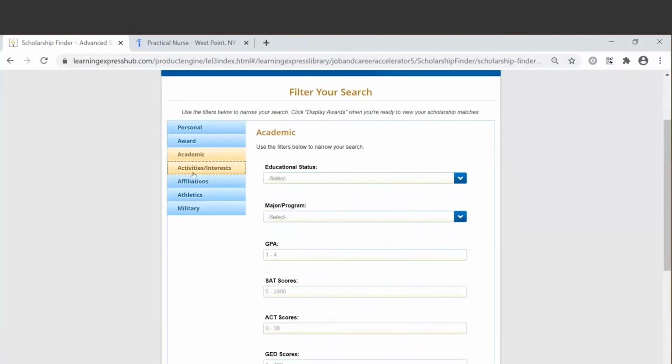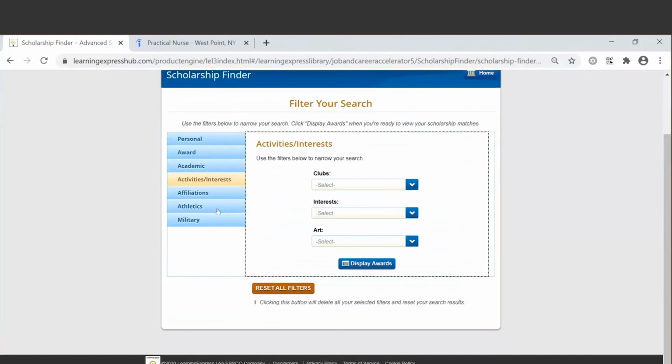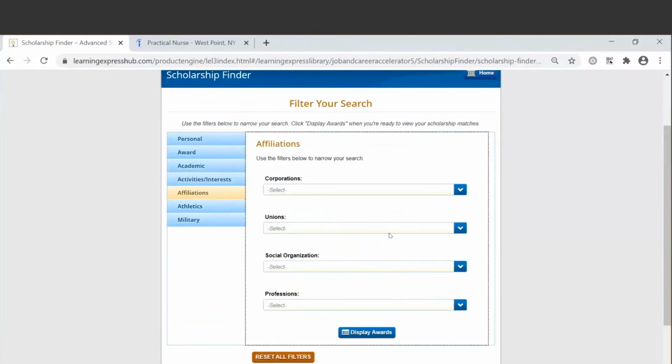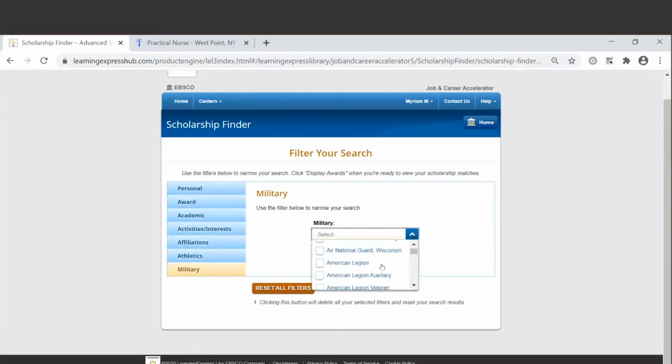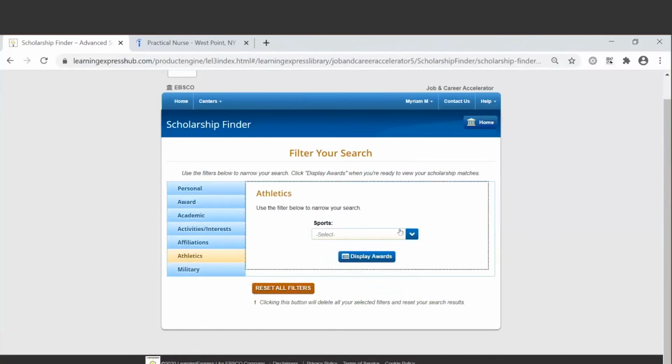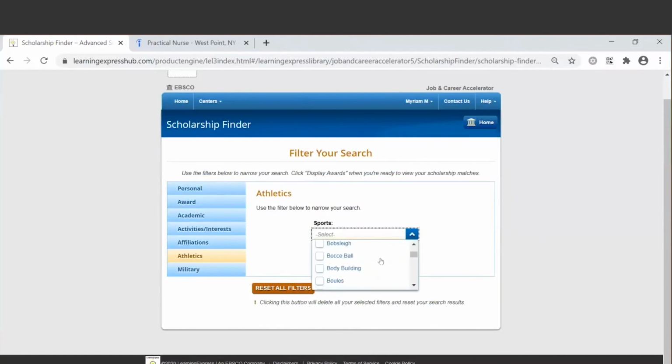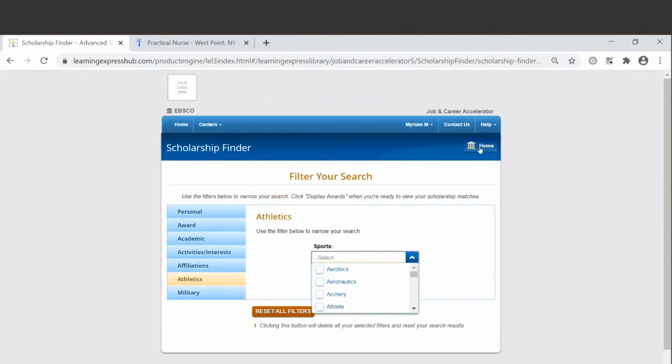Any activities and interests, affiliations, athletics, as well as if you're in the military. And so there are many different ways that users can search for scholarships. That is the scholarship finder.